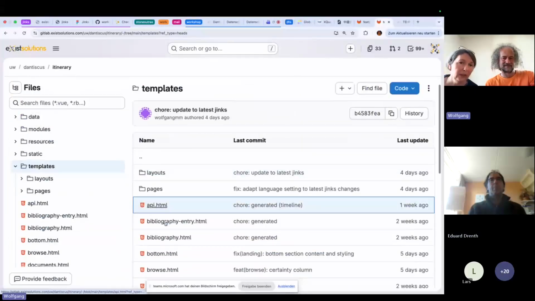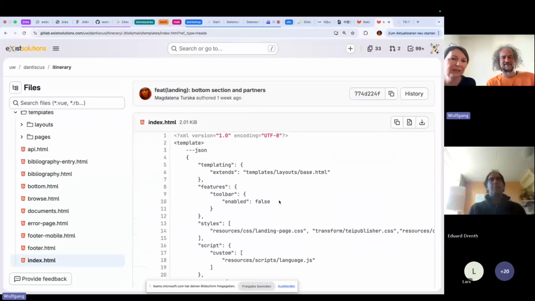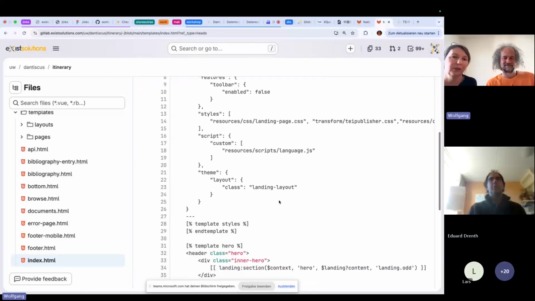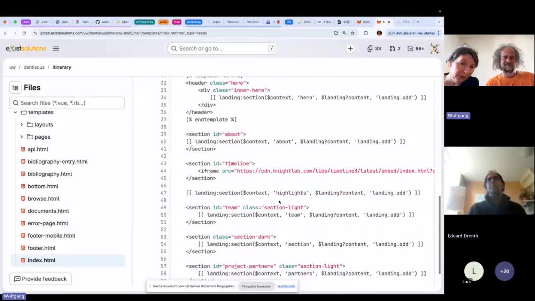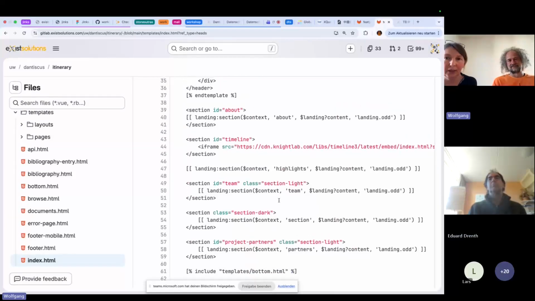The page templates you will find in the templates sub collection, and the landing page is usually going under index.html. And if you generate it from Jinks, you will see something a lot like the current TEI Publisher landing page,